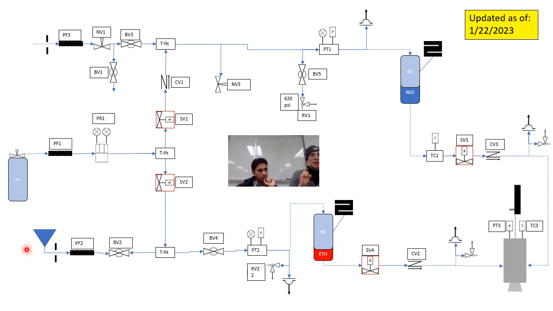Again, ensure SV1 and SV2 are closed. We isolate however many cups of ethanol we decide we want in our test into its own separate bottle. We bring that bottle to the test stand. We've got some kind of funnel that we pour into. It goes through the particulate filter 2, PF2, through BV2 into that T fitting, and we'll have to open, I'm realizing, we're going to have to open,